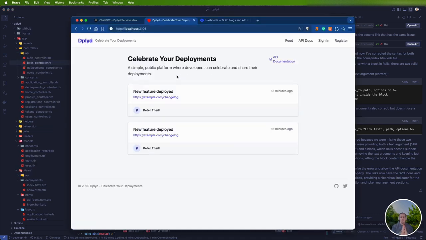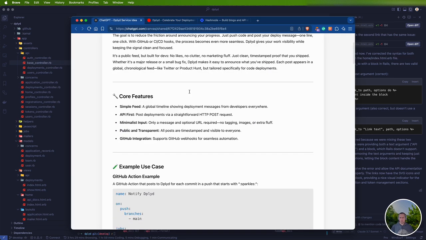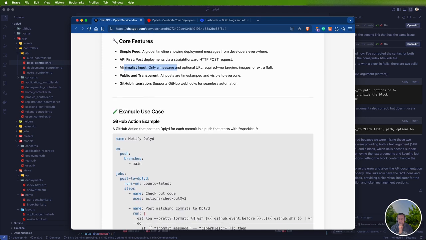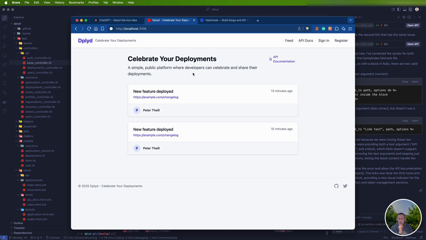So what we could do is we could go and do the GitHub or Gmail, but for that I need to create some tokens and that. So that will probably be in another video. So let's just go through the service again. What did I do? Have a simple feed, API first, minimalist input. Yes, it is public and transparent. And okay, so actually,